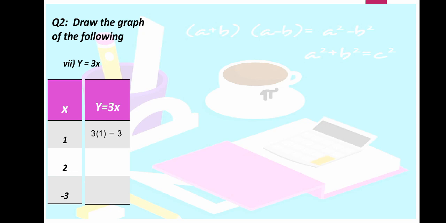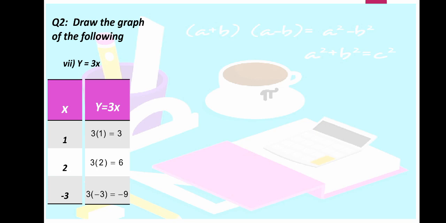So first of all, replacing x is equal to 1, as in the first row the value of x is equal to 1, so y is equal to 3x, so 3 into 1 equals 3. In the second row the value of x is 2, so replacing the value in the equation, it will become 3 into 2 equals 6, so the y value is 6. In the third row the value of x is -3, so 3 into -3 is -9, so the value of y